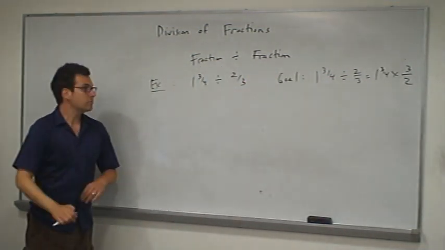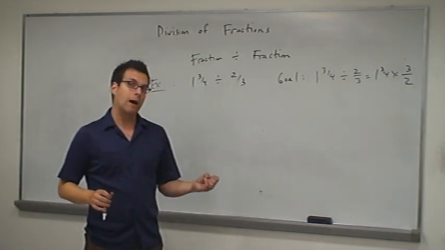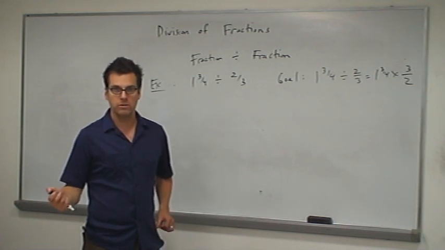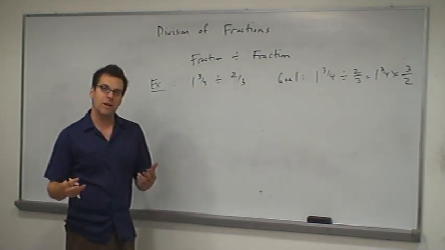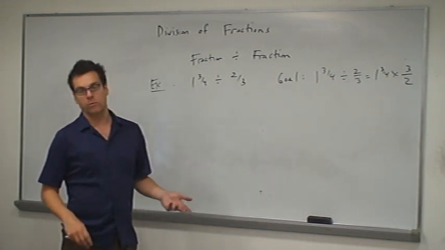That's our goal. We're going to proceed as we've been doing. We want to come up with a word problem that represents 1 3/4 divided by 2/3. And then we want to illustrate that the solution of that problem is actually found by taking 1 3/4 multiplied